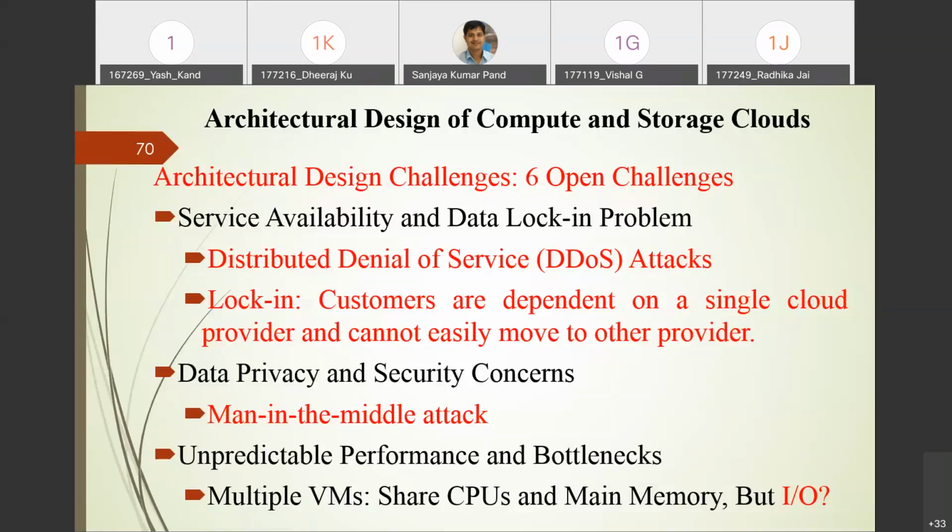Obviously, privacy and security is also a major concern in any domain, not necessarily in the cloud domain. In any domain where you do research, there is always a question about the security and privacy of that domain. Let a sender want to communicate with a receiver. There is a security loophole, right?